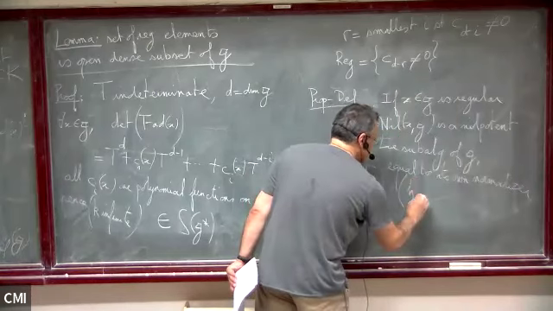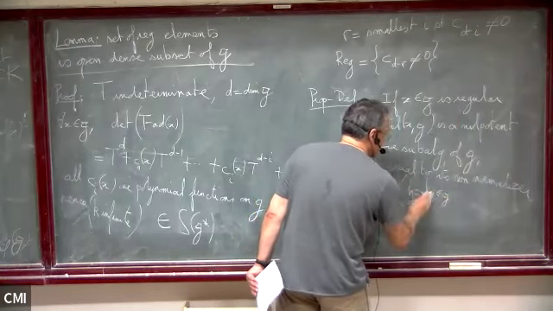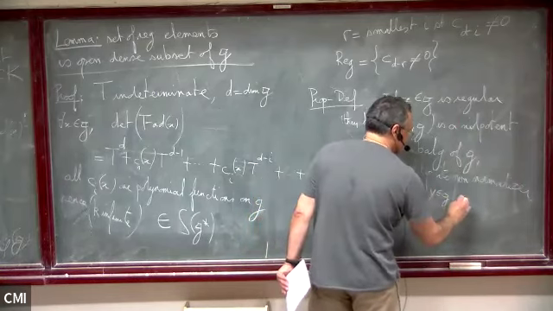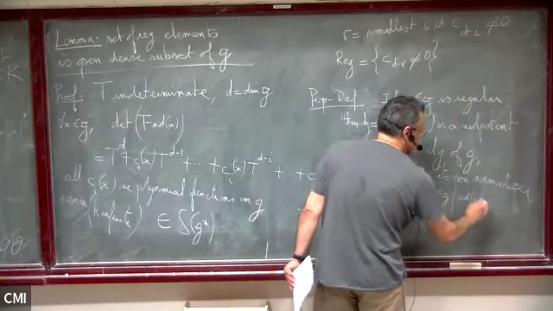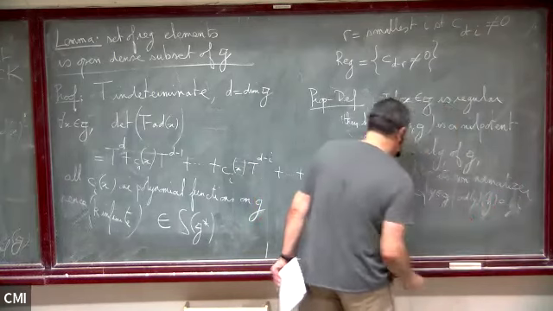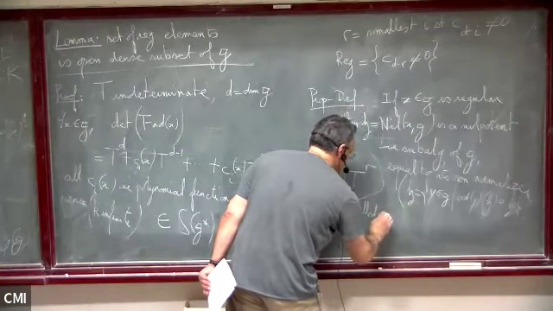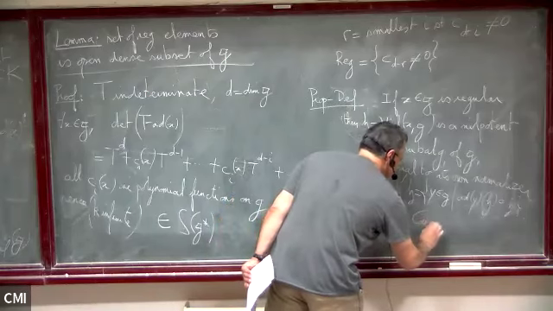That means that h coincides with the set of y in g such that ad y of h is contained in h. And it is called a Cartan subalgebra